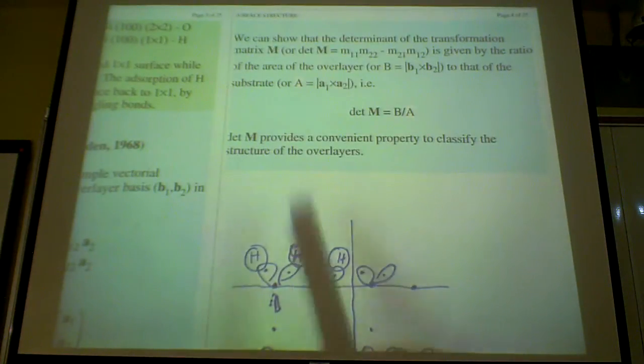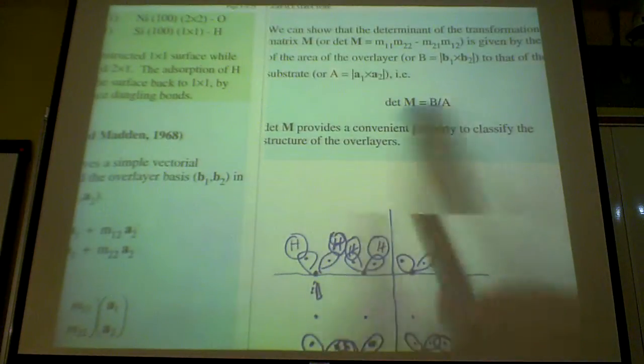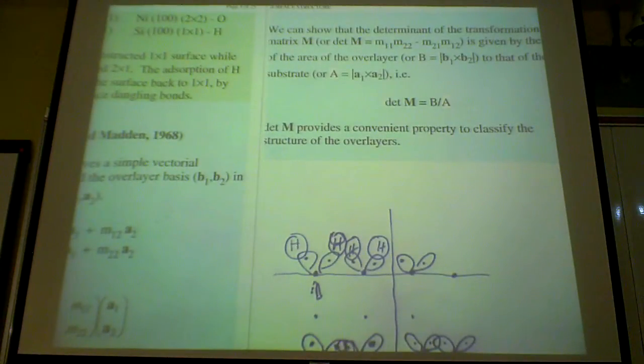So this determinant is quite useful because you can get a sense of how big your overlayer unit cell is with reference to the substrate unit cell. It gives you the ratio of the relative size, if you like, of the unit cell. So you can use this to provide a convenient